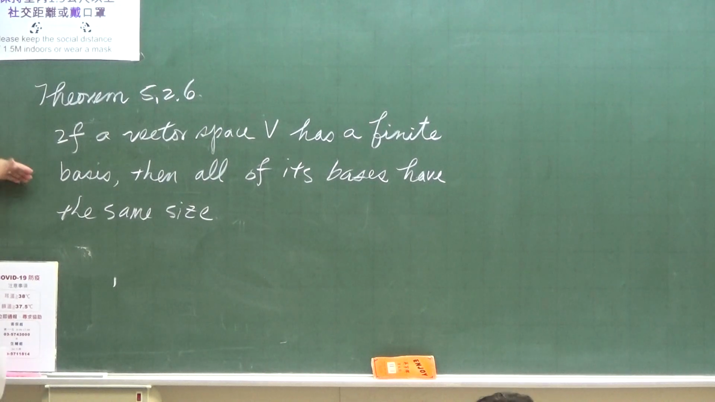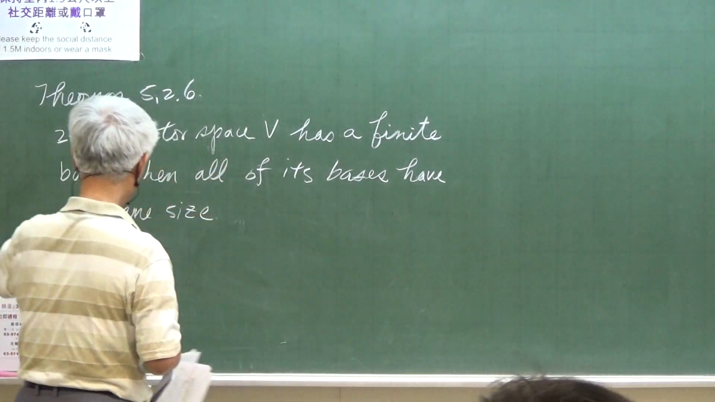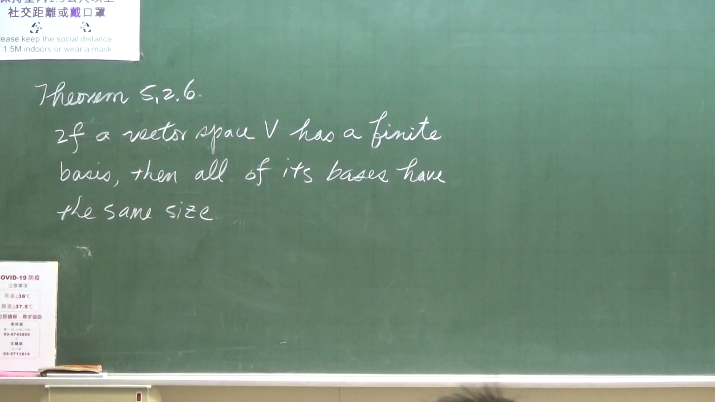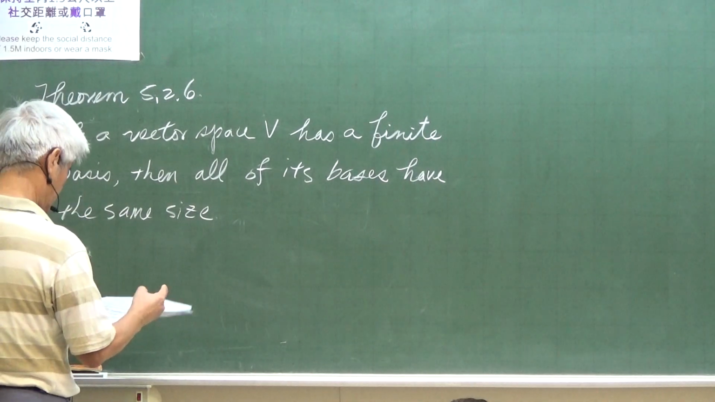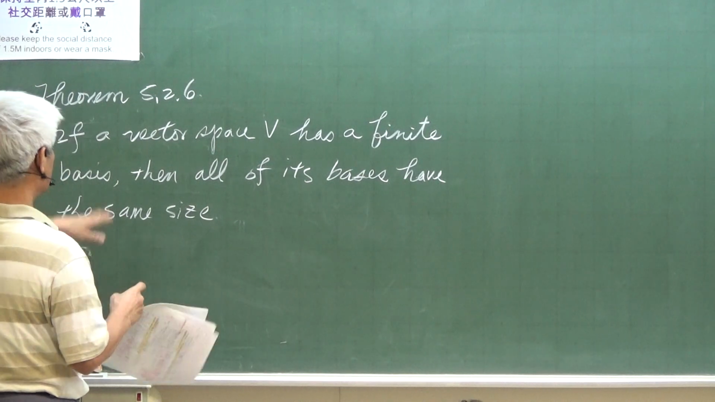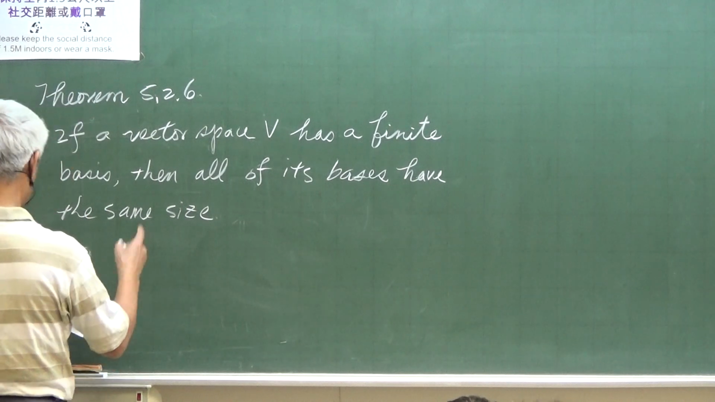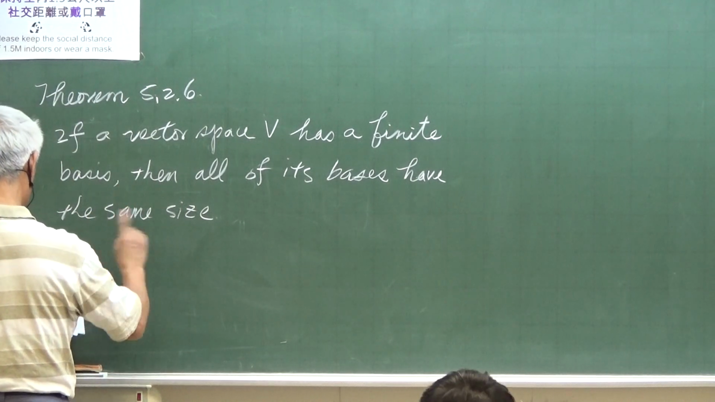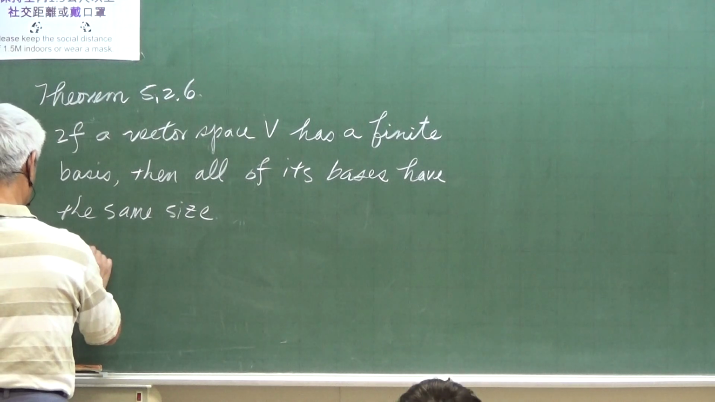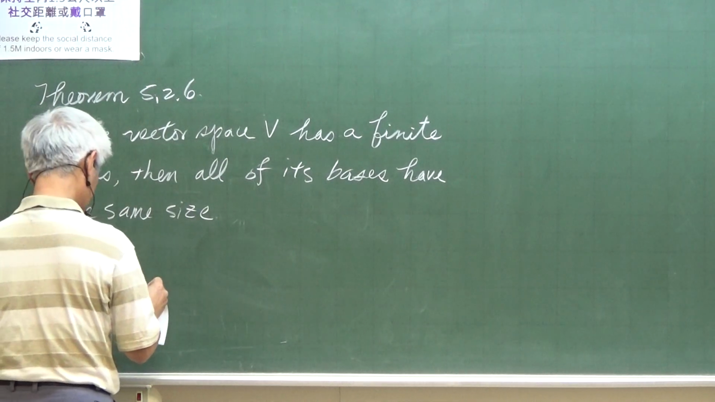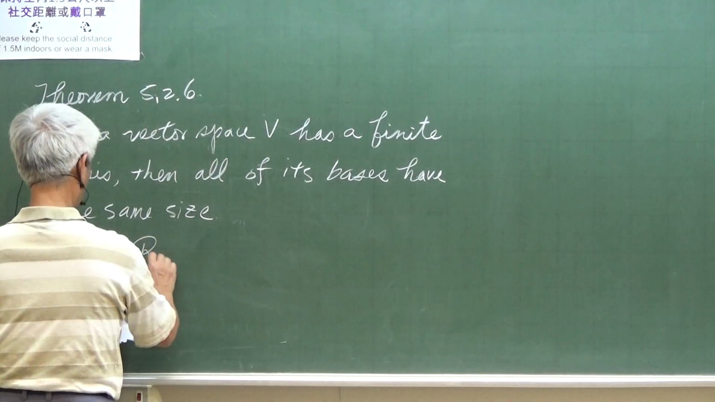Okay. So this is an important property, because we always have the question: is it possible for a vector space to have bases with different numbers of vectors? But for a vector space having a finite basis, the answer is that all the bases have the same number of vectors. Alright, so before that we recall